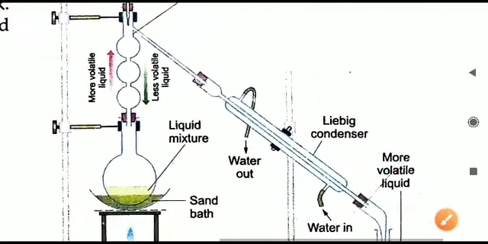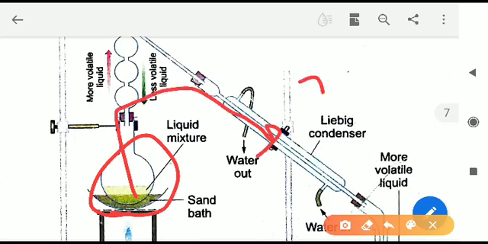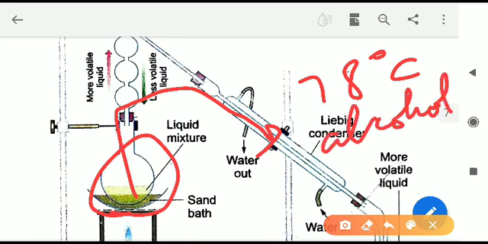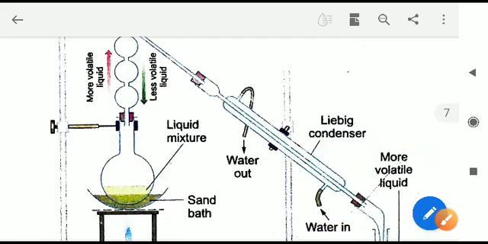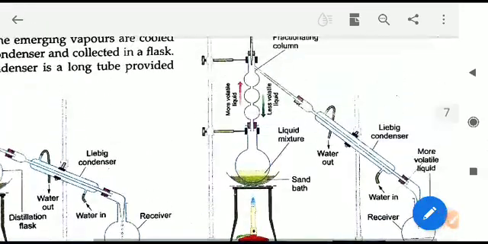So same method will be applied. Here you can see in this diagram, same method will be applied. The mixture of alcohol and water will be taken in the container. On heating, what will happen? पहले कौन सा substance जाएगा condenser में? First of all, the one with boiling point 78 will come. So first of all, alcohol will go here. Alcohol का दूसरा नाम ethanol. So alcohol or ethanol will go there, and it will convert into what? Into a liquid again. Ethanol will boil, alcohol will boil.